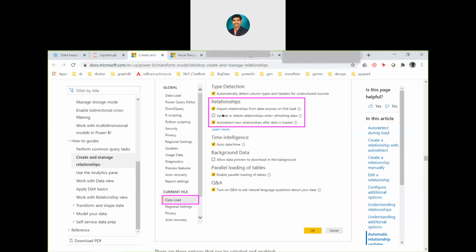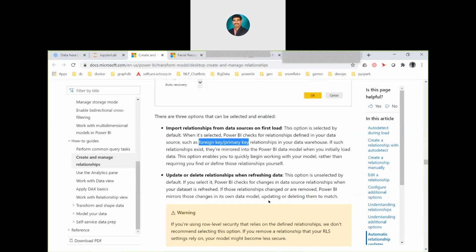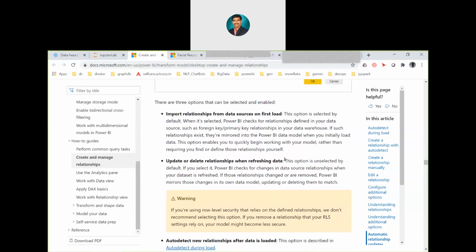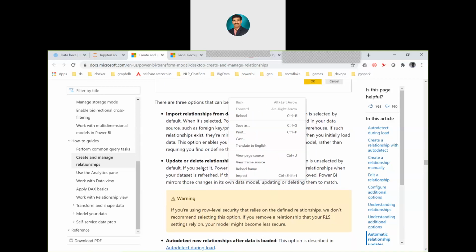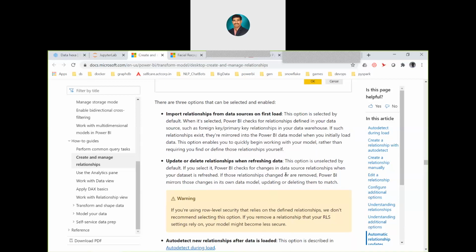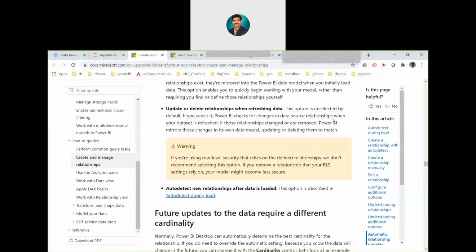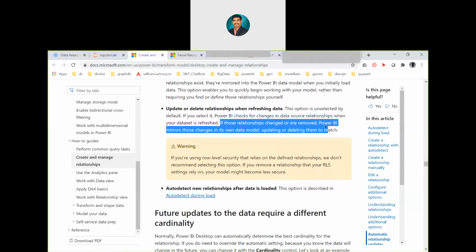The second option is update or delete relationships when refreshing the data. This option is unselected by default. If you select it, Power BI checks for changes in the data source relationships when your dataset is refreshed. If those relationships are changed or removed, Power BI mirrors those changes in its own data model, updating or deleting them to match.